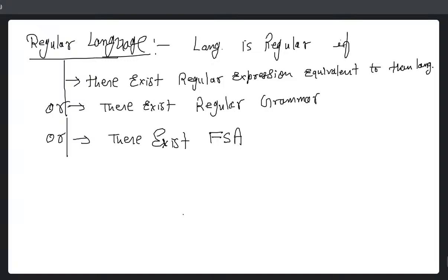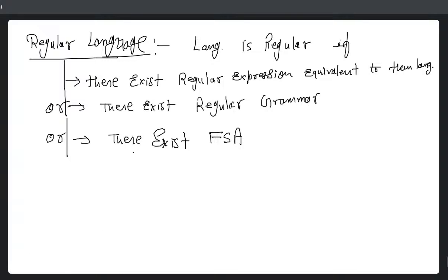Why can we say any one of them? Because conversion is possible. From regular expression, we can convert to regular grammar. From regular grammar, we can convert to regular expression. From regular grammar to finite automata and back to regular grammar. Every type of conversion is possible. So if you construct any one of the three, then you can design the remaining also. In this manner, we can directly say that the language is regular if there exists any one of these three for that particular language. Got it? Now,